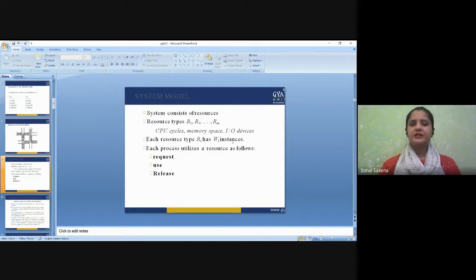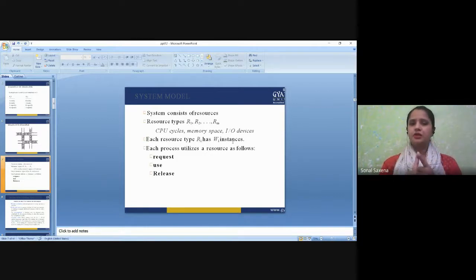It consists of several instances, like there could be several blocks of memory. Let's say there is a process that wants only 2 bytes. Out of this whole lot of memory, we can give only 2 bytes to a particular process, and the same memory can be shared by another process that needs 3 bytes. So let's say 2 bytes is allocated to process P1, and the other 3 bytes are allocated to the other process. So these blocks can be understood as the instances of the resource.